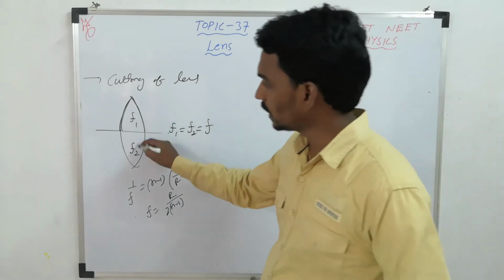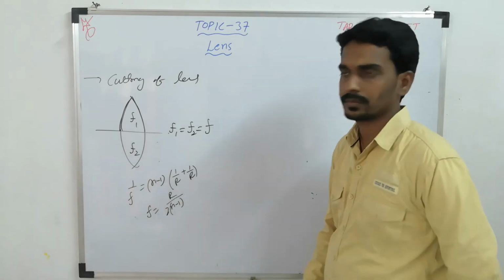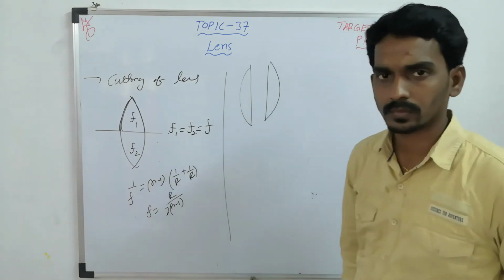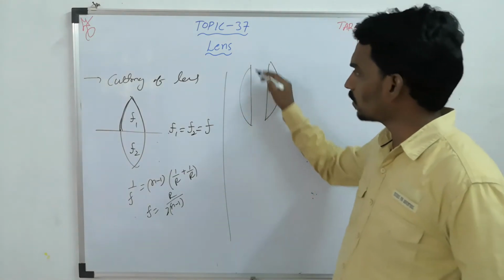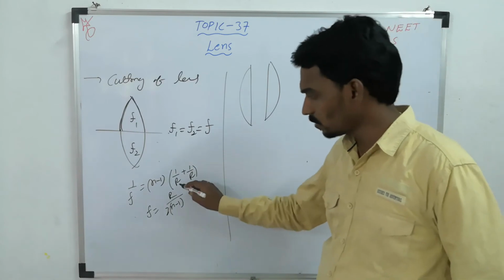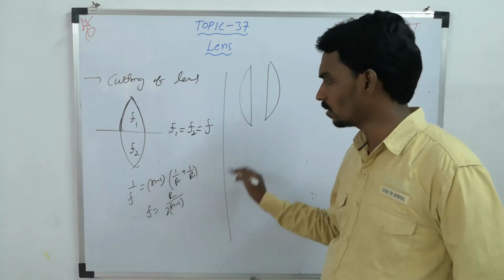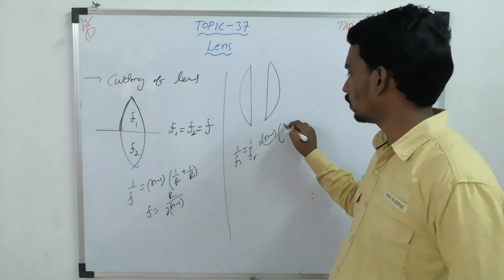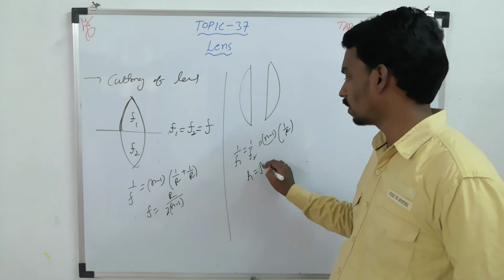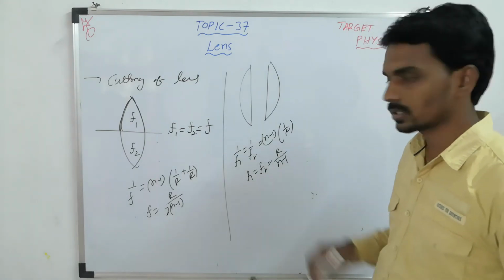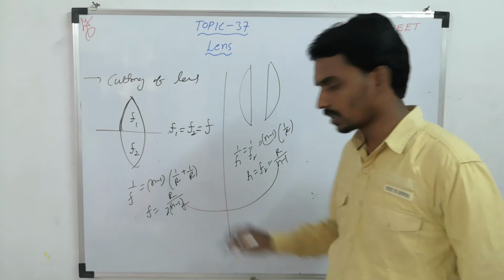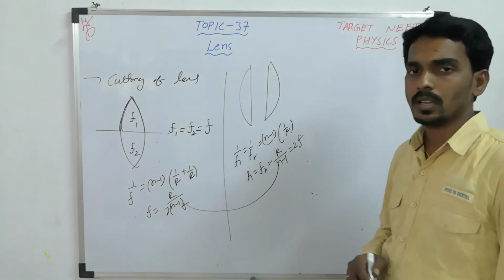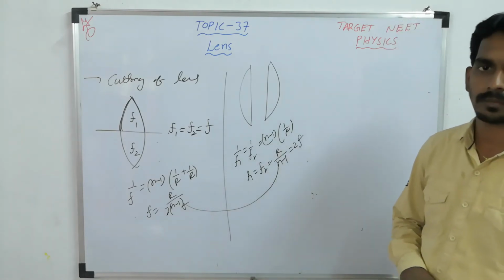Now if you take each part separately also, the same thing will come. But if you take the same lens and cut it like this, then one is r, one is infinity. Then this is 1 by r, this is 1 by infinity, which means 0. Then the focal length becomes n minus 1 into 1 by r. So f1 equals f2 equals r by n minus 1. This is double the previous one. That means the focal length becomes double that of the original lens. So based on this also questions can come.